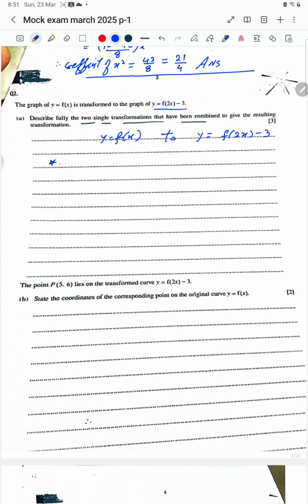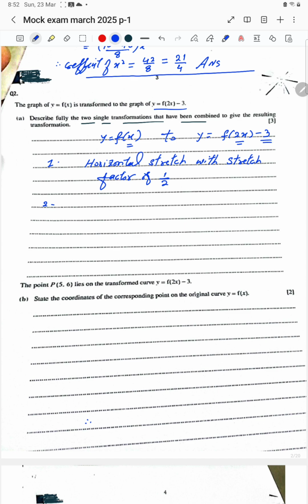As you can see here, number 1, x is going to be multiplied inside by 2, so we can say this is a horizontal stretch with stretch factor half, because it is horizontal, so it will be the reverse of it, 1 by 2, and then it is followed by